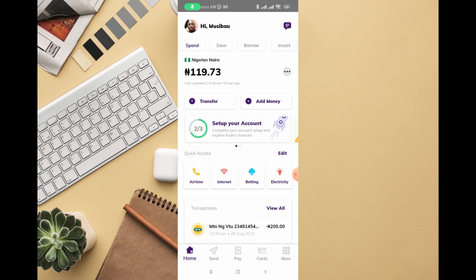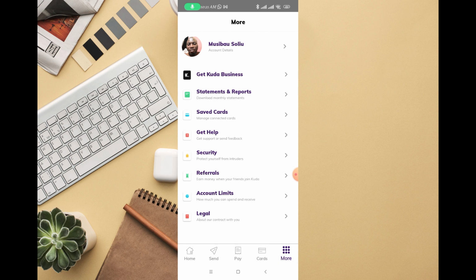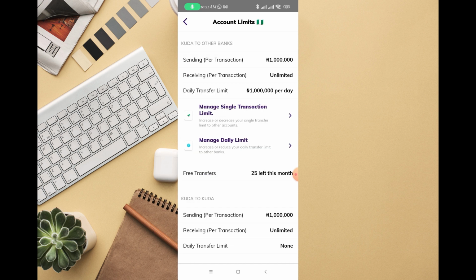So all you need to do is log into your Kuda bank app on your Android or on your iPhone. Then the next thing you're gonna do is click on More down below. Once you click on More, you can see this page right here where you see Account Limit. Just look down, then you can see how much you can spend and receive. So just click on that. Then on this page right here, you can see